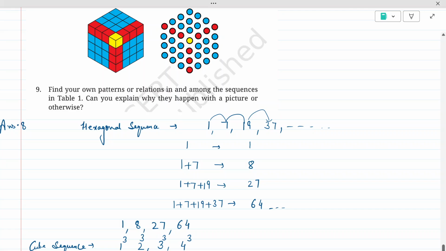Okay, so we have 1, this is 1 cube. For 8, we will add 4 more cubes to it. So this cube will be something like this. Now when 8 will come, it will be something like,